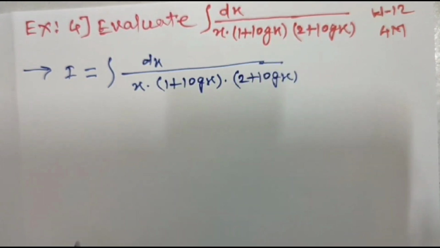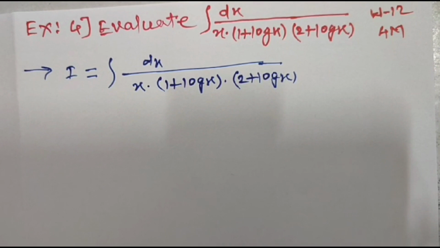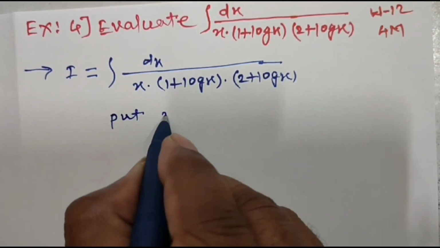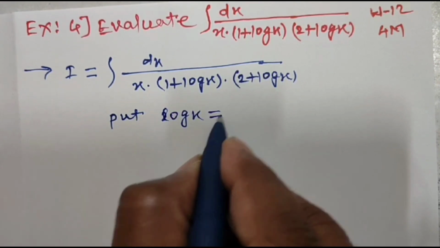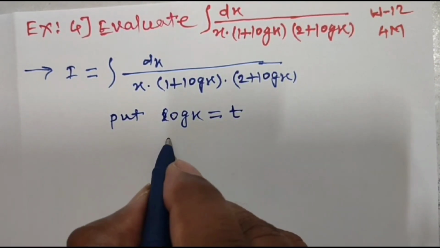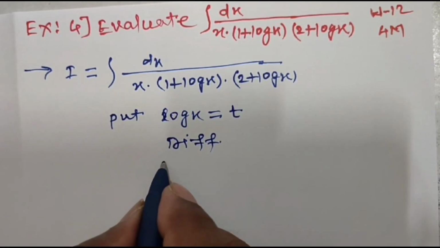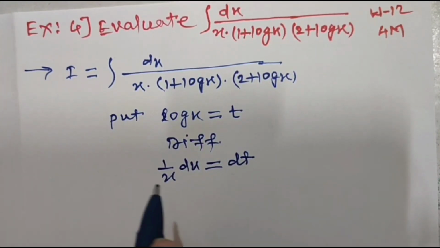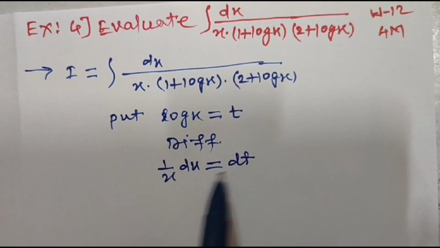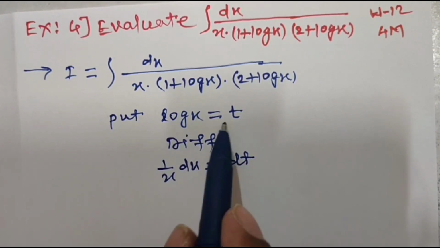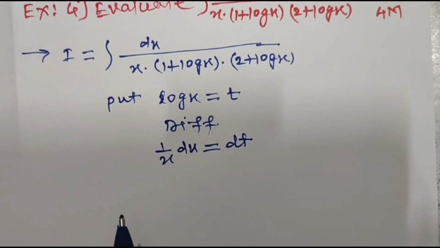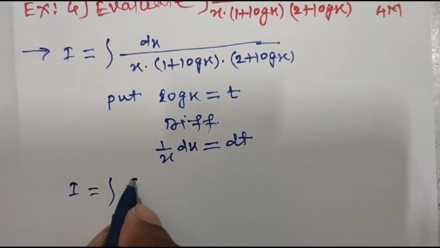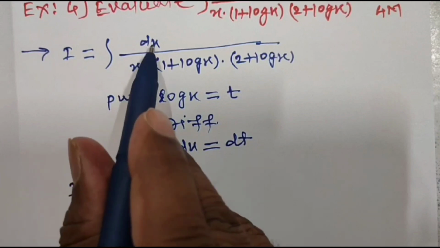Here also we have to use both methods, the substitution method as well as the partial fraction method. So substitute log x equal to the new variable t. Differentiating this, we get 1 upon x dx is equal to dt. And now replace 1 upon x dx by dt and log x by t in the given integral, and then rewrite the integral. I is equal to the integral of dt divided by, as 1 upon x dx is dt,